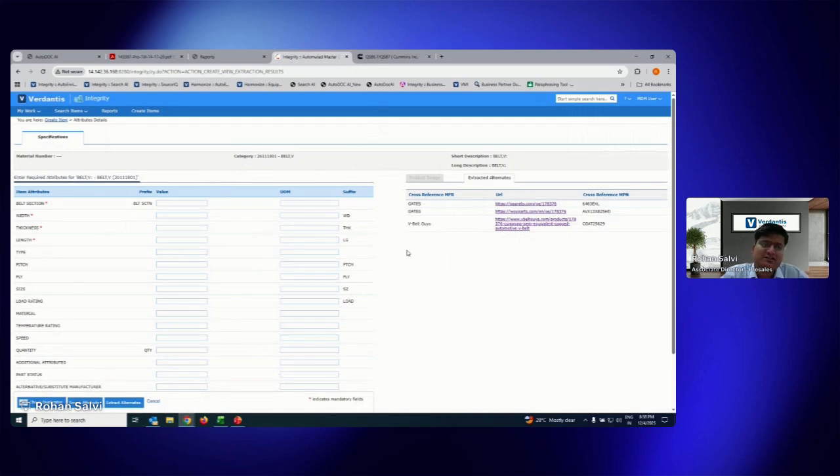Currently, it is configured for up to three cross references, but depending on the requirement, this can be configured to capture multiple potential cross references, so that it gives you a holistic view about, okay, is this part already present in my catalog? Do I have something similar? If I have something similar, then I should rather evaluate if I should consume a similar part rather than creating a duplicate part.